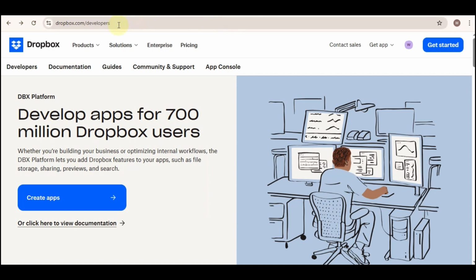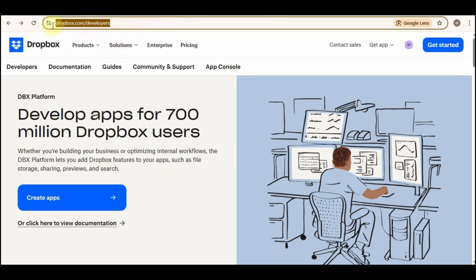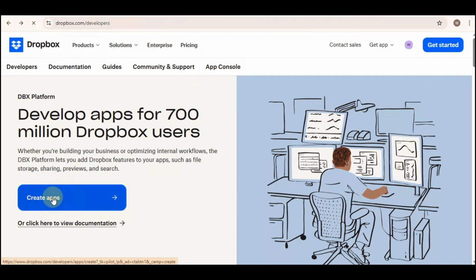First, open dropbox.com/developers on your tab, and then log in on this site right here. Once you make an account, click on Create Apps,